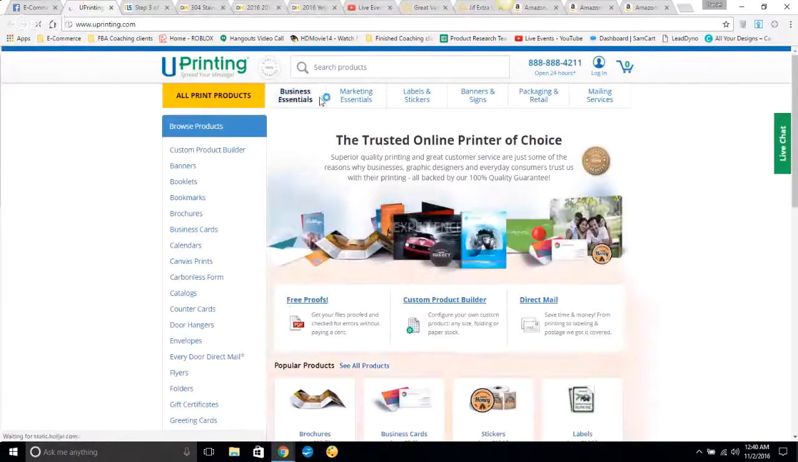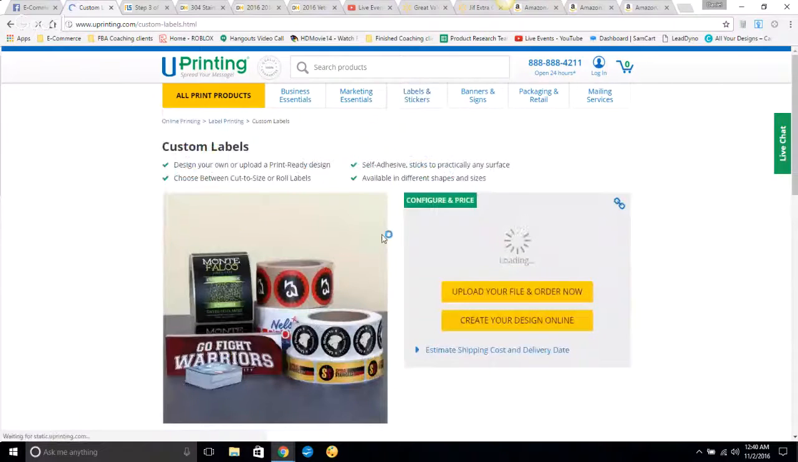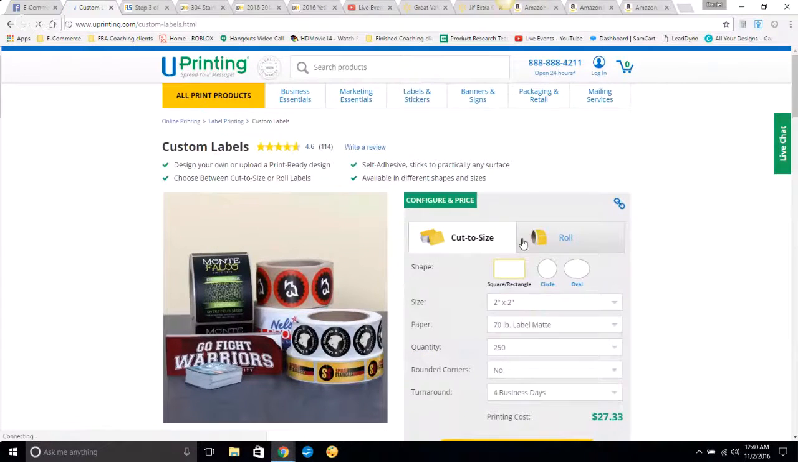So here's like print. You can just go here. Let's say you got the stickers already printed, right? So you would just go here and you would get some sticker labels and stickers. Click this, custom labels. Click there. And then you would right here, boom. You would be like,